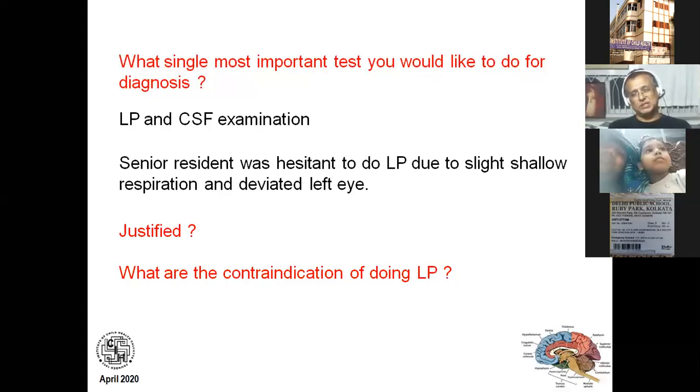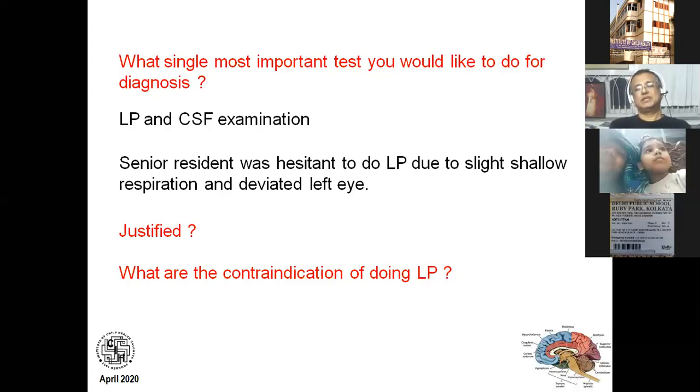So what are the signs of impending cerebral herniation? If the child has an abnormal respiratory pattern in the form of arrested respiration, ataxic respiration, or Cheyne-Stokes respiration, if his pupils are unequal in size and not properly reacting to light, if there is an absence of brainstem reflexes. What are the brainstem reflexes? Corneal reflex, oculocephalic reflex, gag reflex, these are brainstem reflexes. If they are absent, also you don't do an LP. And if the child has a decerebrate or decorticate posture.